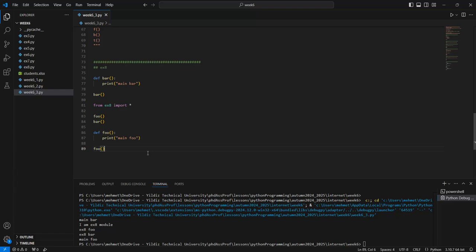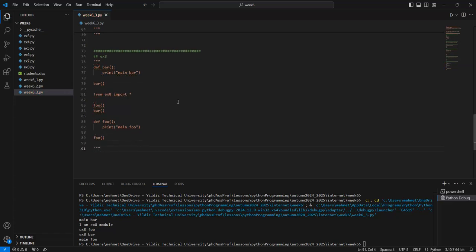And so in each case, in the first place, this bar is called in here. After that, the x8 is imported into our main Python body, and so this foo can be called, and the bar is overridden by the x8, and so this is deleted. And after that, if we write the main body foo function, this foo overrides the x8 Python file. Okay,